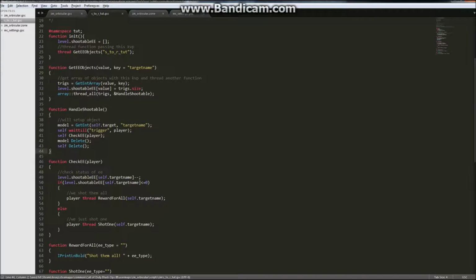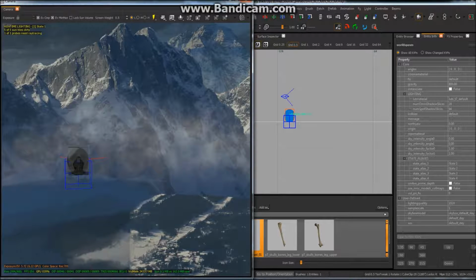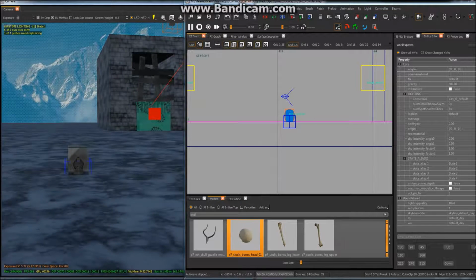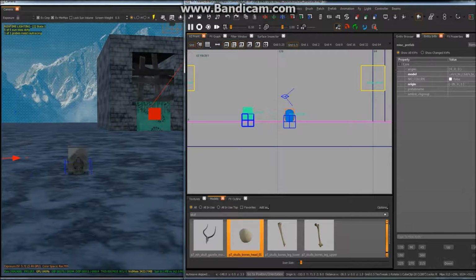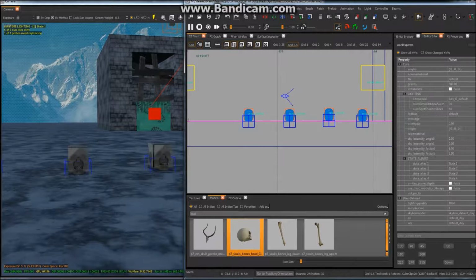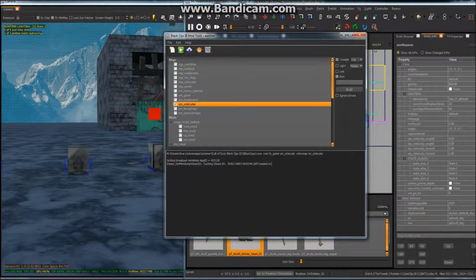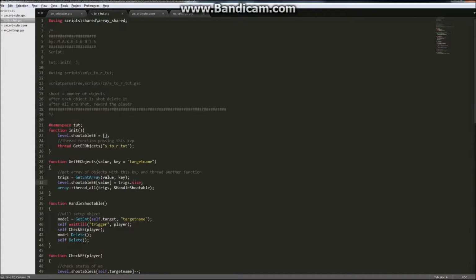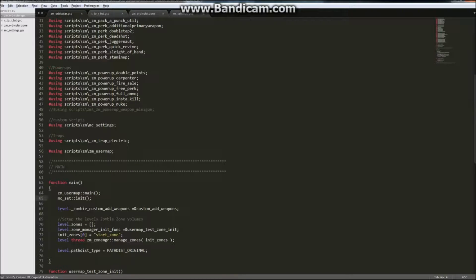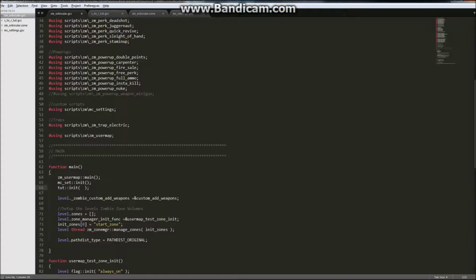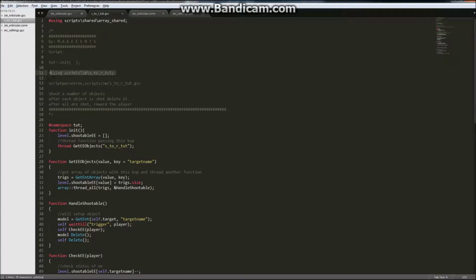We'll save that and we'll switch back to Radiant and leave this prefab. We'll take the prefab and copy it around a few times. Save that and compile our map. While that's compiling, we'll take the little notes we've left ourselves. In our map name, we'll have to add the call to init using the namespace tut, and we'll need to